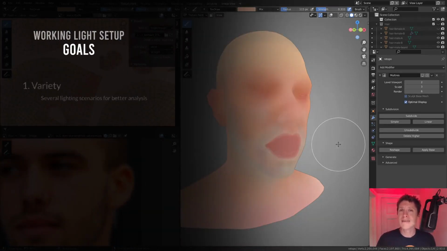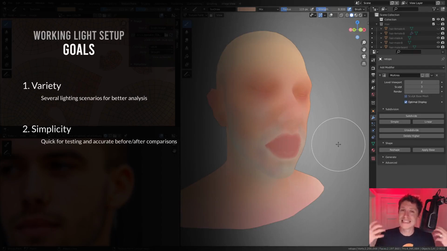Number one, I need variety. I don't want to depend on only one light setup. That doesn't produce a trustworthy material. But if I test it from multiple light scenarios, it means the material is much more robust and much more trustworthy. Number two, I want to make sure that it's simple to set up, which means we pretty much eliminate